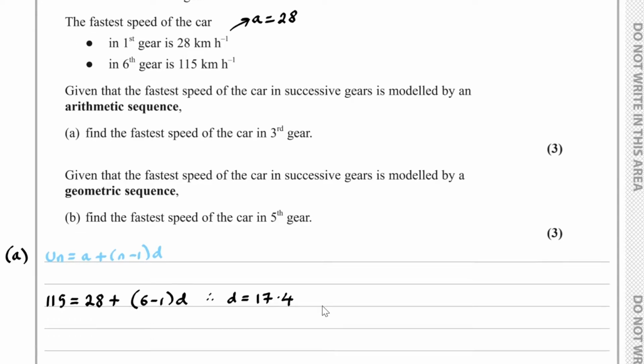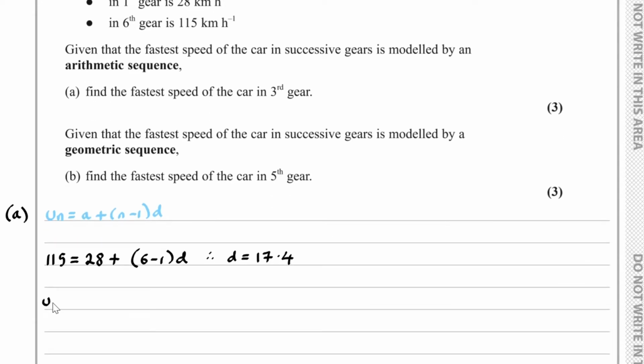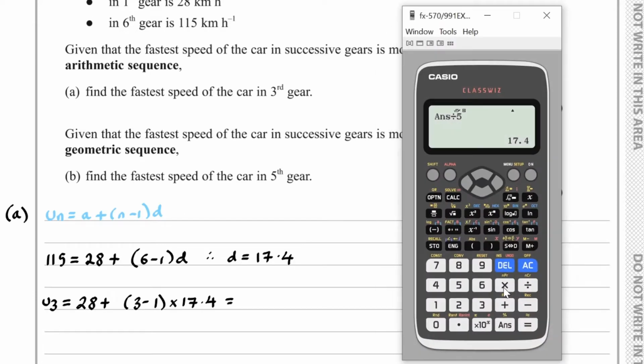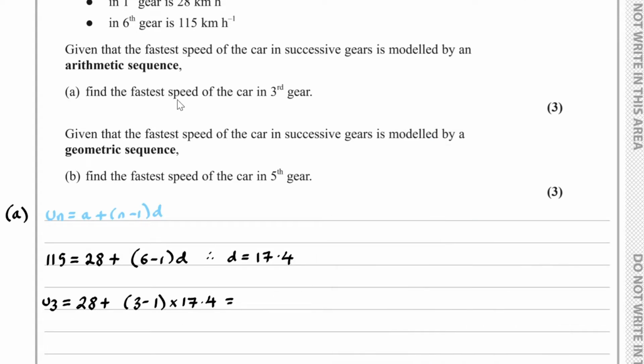So with this we can find out what u3 is. u3 is equal to 28 plus (3 minus 1) lots of 17.4, and if we work this out, so we multiply this by 2 and then add on 28, we get 62.8. So the fastest speed of the car in third gear is 62.8